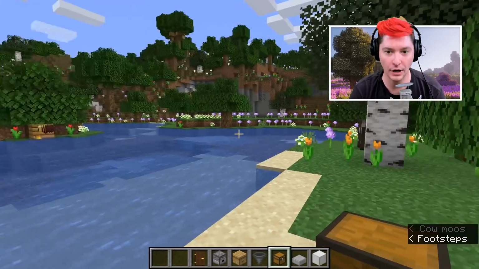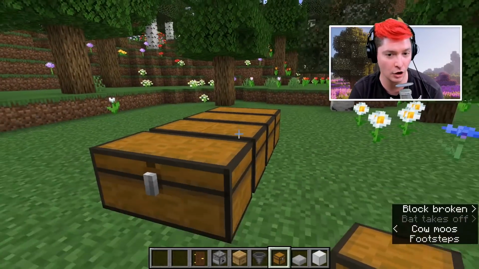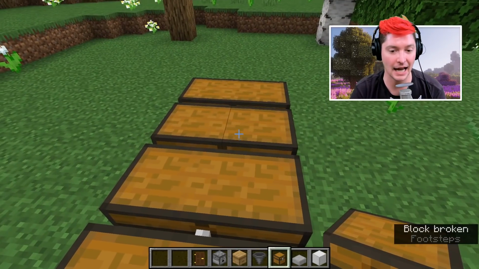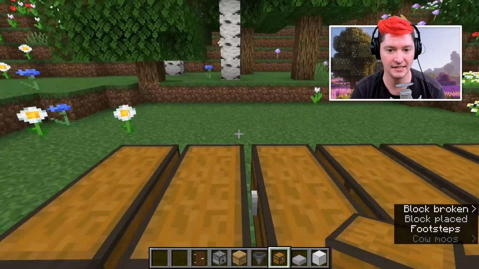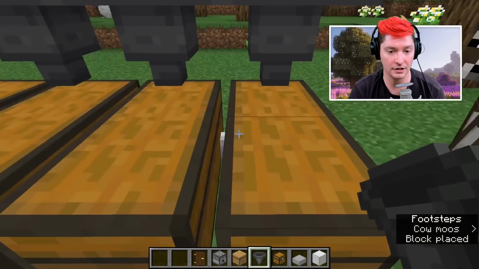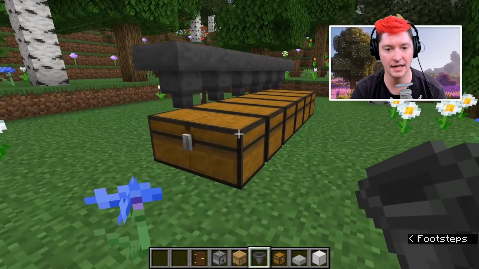So search around for all of the bee nests that you can find to get as much honeycomb, and the amount of chests that you're putting down is basically exactly how many hives you're going to be able to have. Before we made 4, but why don't we just go crazy and let's make 6 this time. Now take a hopper and place them onto either side of the chests, and then realize that the chests do